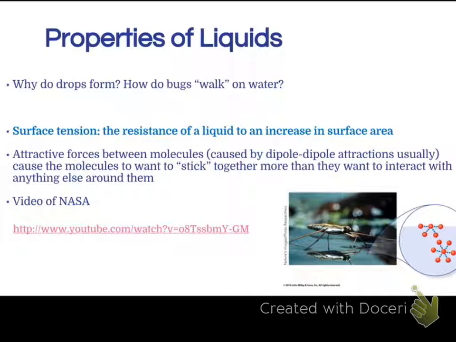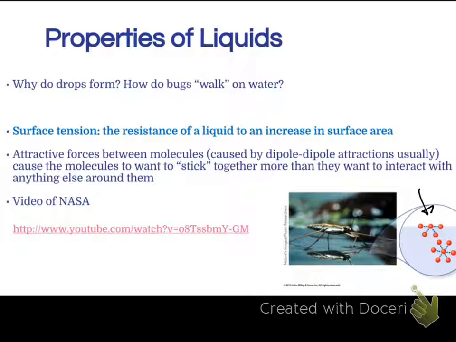All right, so on this slide, we're looking at different phenomena that happen because of the properties of solids, liquids, and gases. So liquids have surface tension, which means that the liquids stick to each other. The molecules have a tendency to want to be close together. So when you try to pour a liquid, it kind of forms like a droplet instead of just immediately dispersing throughout the area. That is because of surface tension. So this little bug in the picture here can walk on the water because water has really high surface tension. If you look at this picture here,